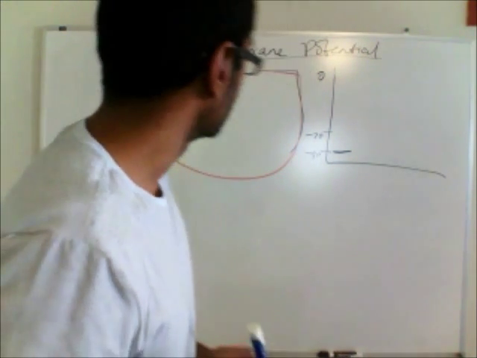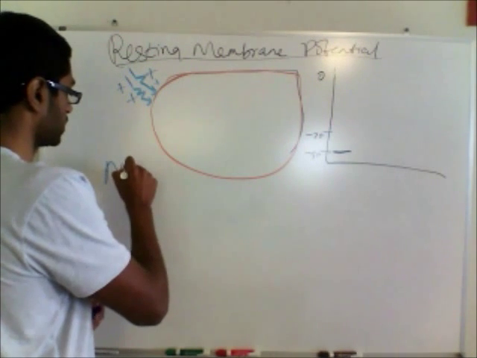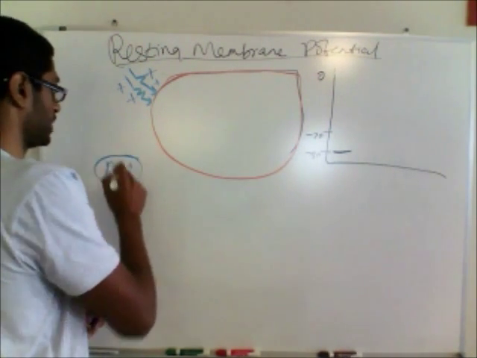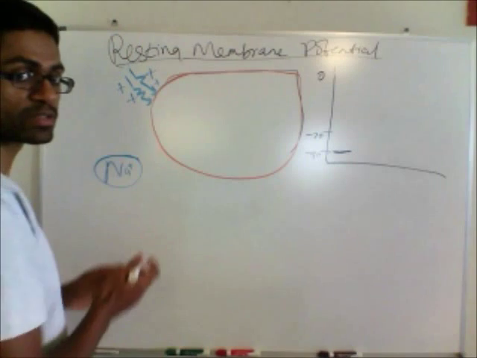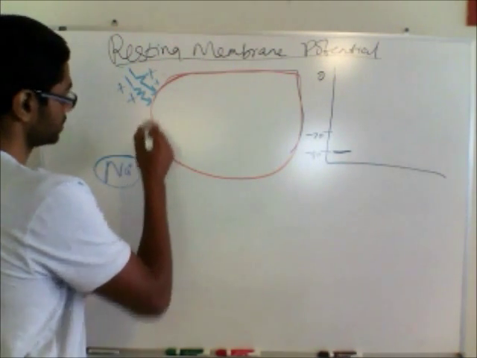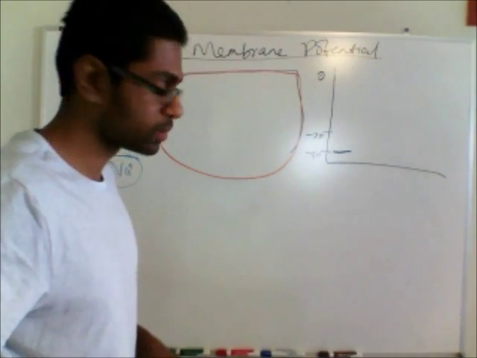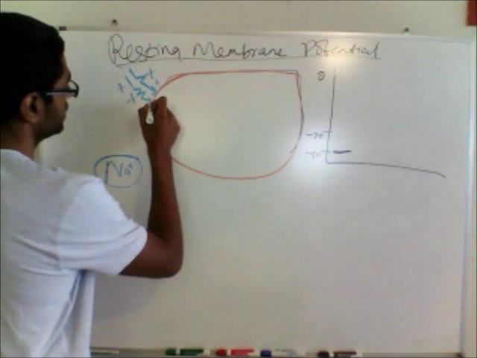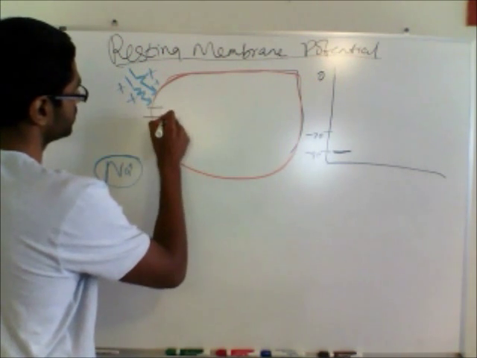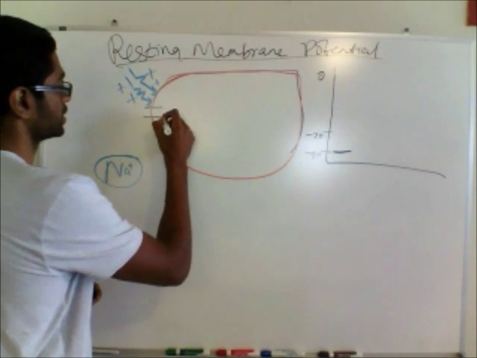Okay. Now we mentioned that sodium had a higher concentration outside, right? Now the cell's pumping all this sodium outside. Now what happens is when this electricity hits it, the sodium channel recognizes it, and normally sodium channels are in